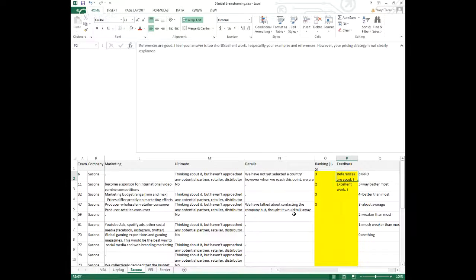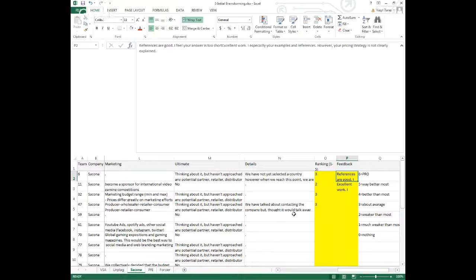And then you provide some feedback. With the feedback, as I said, you want to be as detailed as possible. I strongly encourage you to be comprehensive and talk about things. That's where the most value for teams is. Our experiments show that it does help for them to know how they compare to other teams, if they do well or not, if they should crank it up a little bit, or if they're doing fine so they don't have to worry too much. But the actual feedback, that's where they learn most, especially what is bad, what can be improved, and how they can do it better. So try to spend as much time as possible on this.